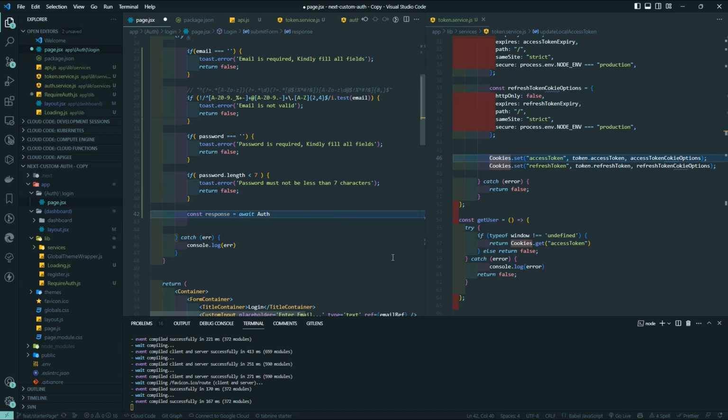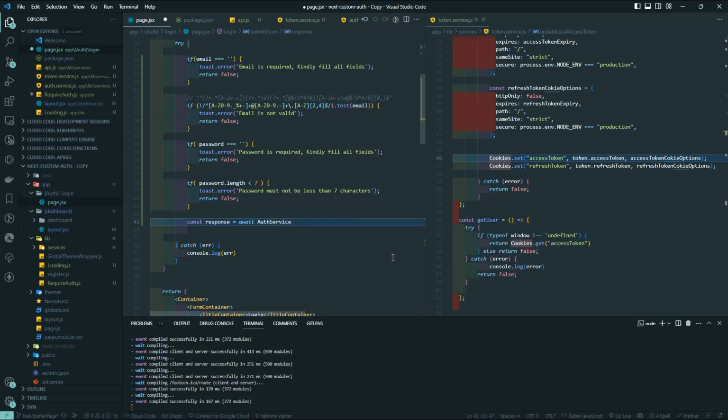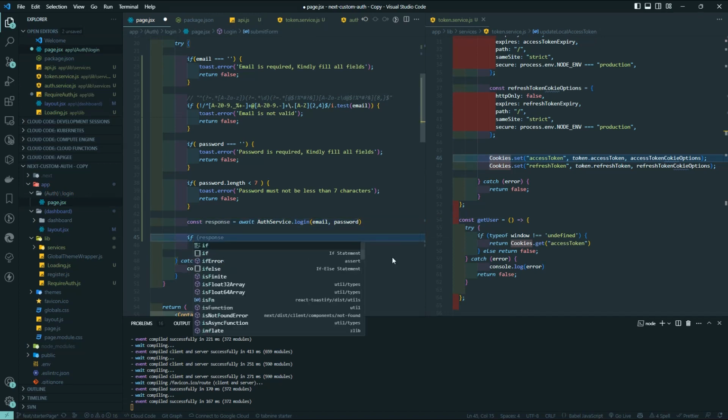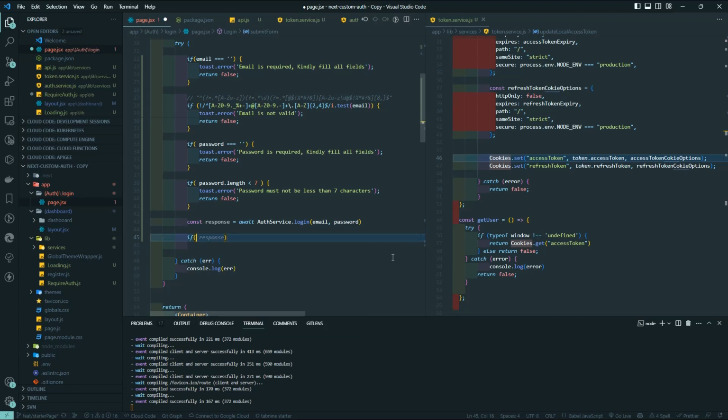Auth service dot login, and then we're going to pass in the email and the password. So here we'll check if we have a response. If we have a response, then okay, if no response,